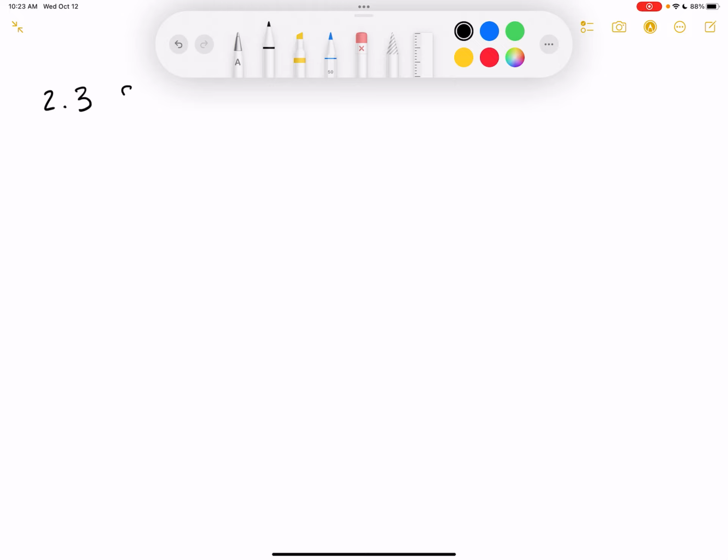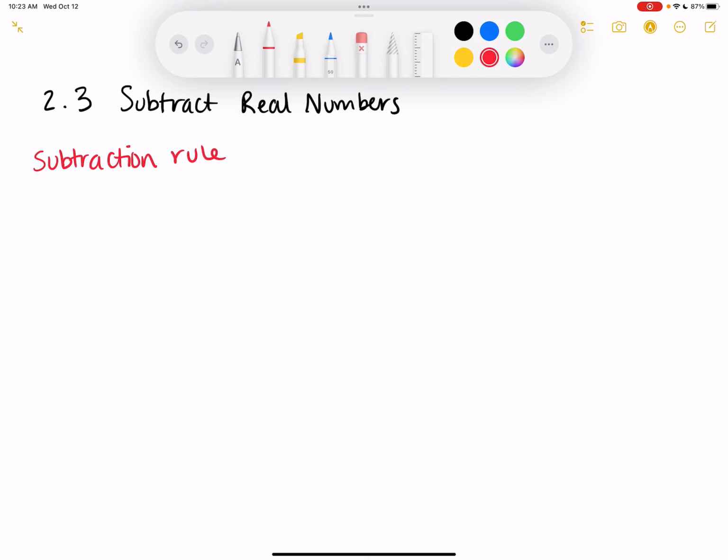So 2.3, subtract real numbers. There's kind of just a general subtraction rule that they give in the book. And it just says that to subtract B from A, we add the opposite